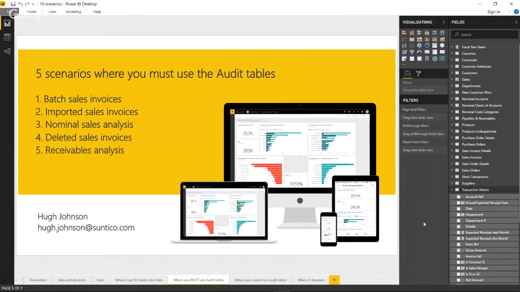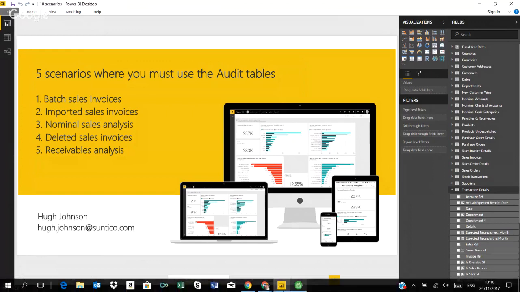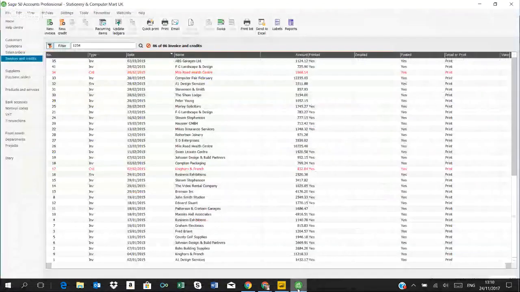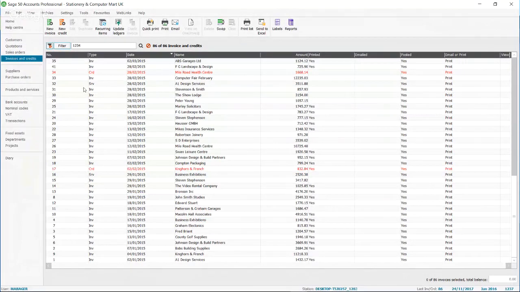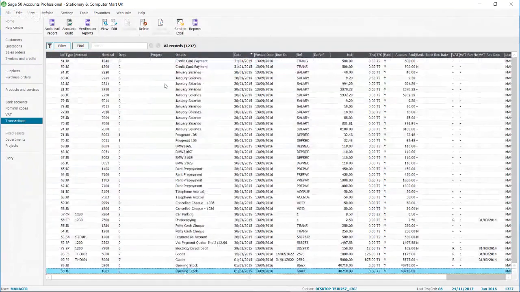And I suppose this is obvious, but the simple technical reason behind this is that although the nominal code is carried on an invoice all the way through its journey, from the time you create the invoice through to the time that it's posted, even after it's posted in your transactions list, it is possible to edit. If I just pull up an example here